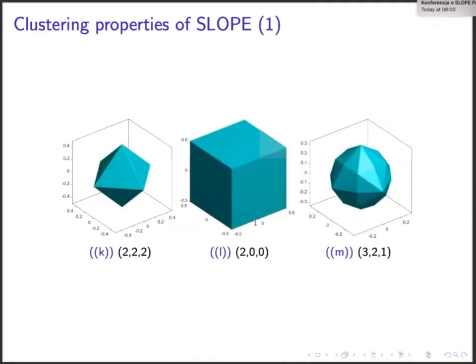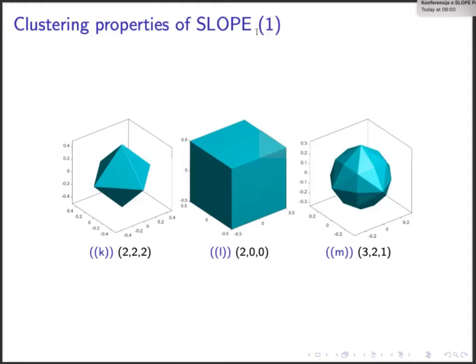Okay, and a few words about the clustering properties of slope. We are now doing research in two directions. One is showing how to pick this lambda sequence to control false discovery rate. We want to debias slope so we can do a better job of controlling FDR. This is where the adaptive slope comes in. Another thing very important for us is the clustering properties of slope.